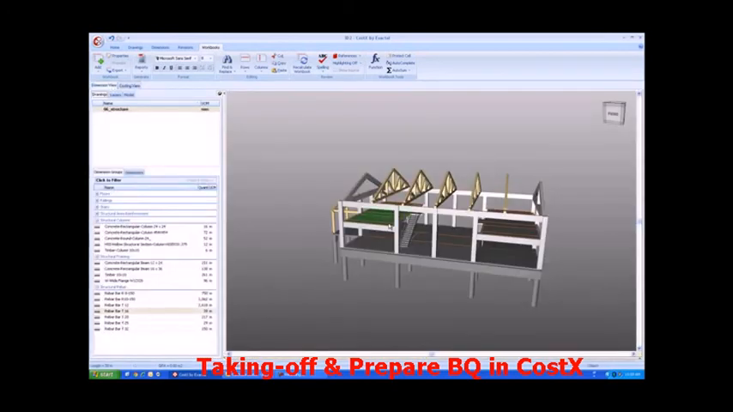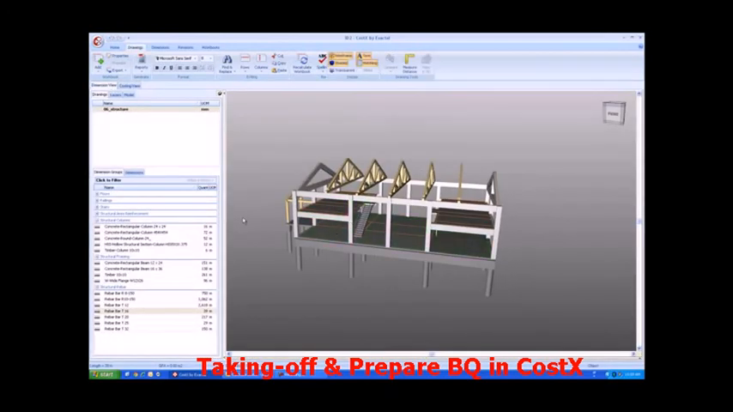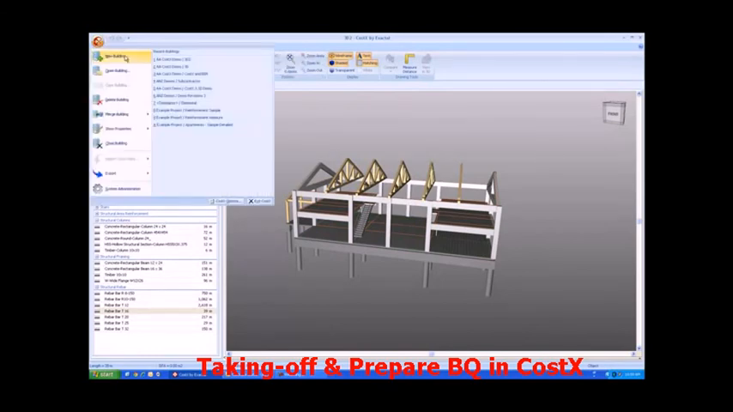Because of the ability to extract information from models so effectively, some designers are responding to this by adding additional information